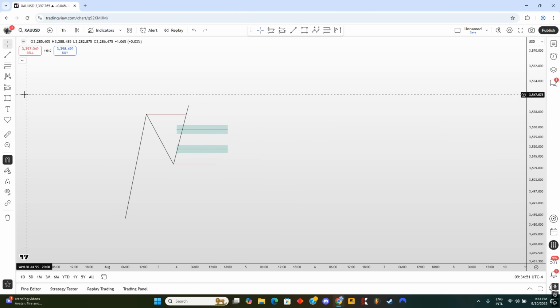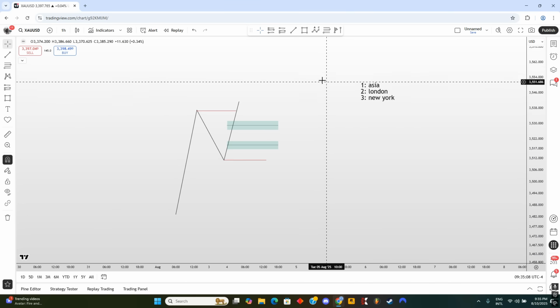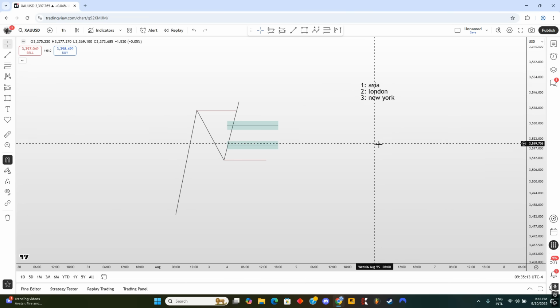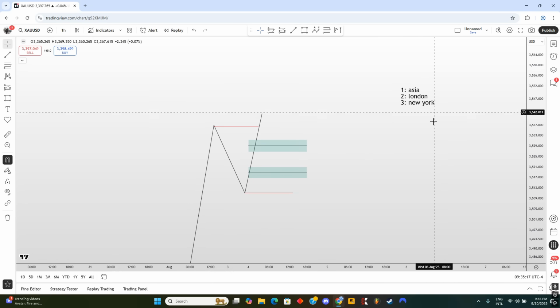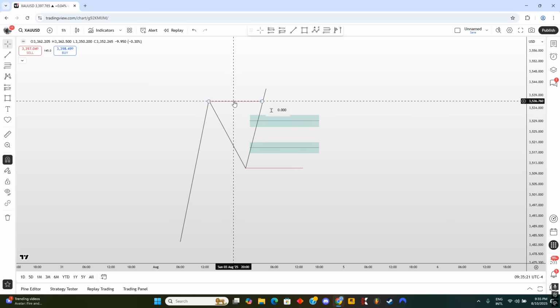Now we can only take 3 trades per day. So one is going to be during Asia, one is going to be during London session, and your last trade could be during New York. You do not want to overtrade. You have to stay away from overtrading. So that's why we go with one trade in Asia, one trade in London, and one trade in New York. All right. But if you win your first trade during Asia, then don't trade for the rest of the day. You have made your money, and then just quit. You don't have to do it.